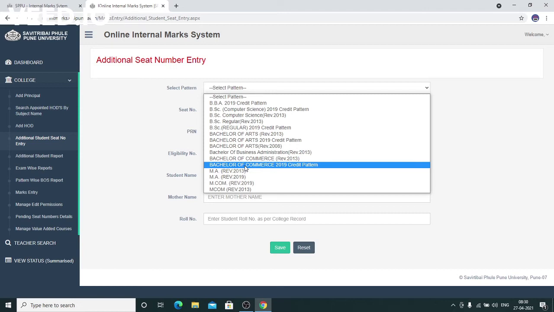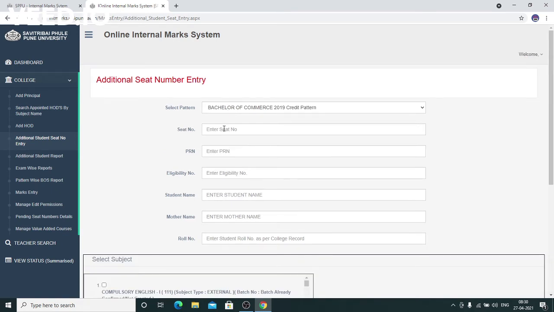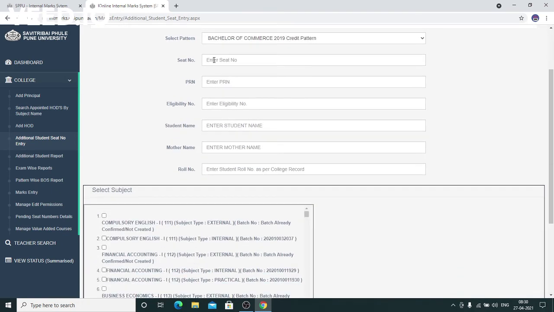That's why I have chosen this pattern here. Then enter the seat number of the student for whom you want to do the entry. Kindly enter here the seat number of the student that you can get from the summary list of the student or you can find out from the hall ticket of that student.